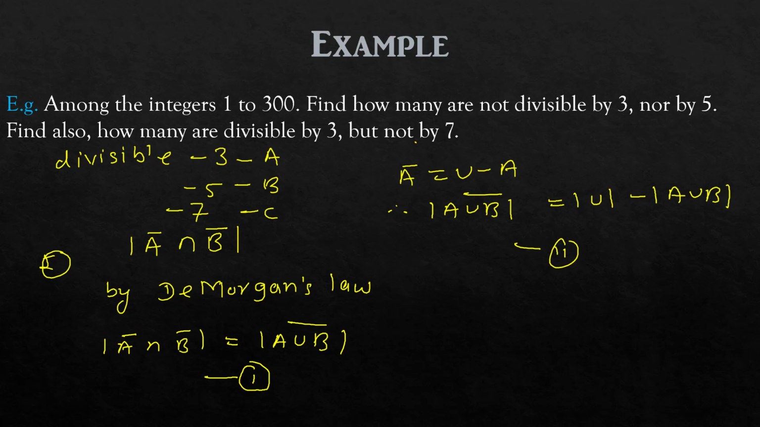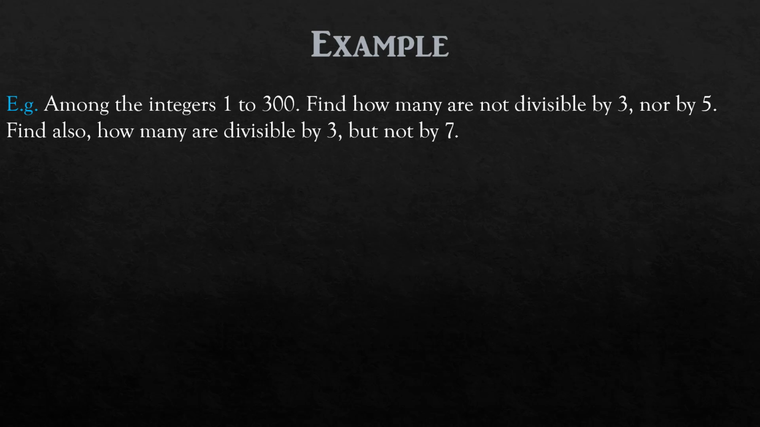So here first we have to find out A union B. So A union B is equal to what? Number of A plus number of B minus number of A intersection B, by using the mutual inclusion principle, right? This is the inclusion-exclusion principle. Now here we have to find out number of A, then number of B, and then number of A intersection B. Now number of A is equal to,